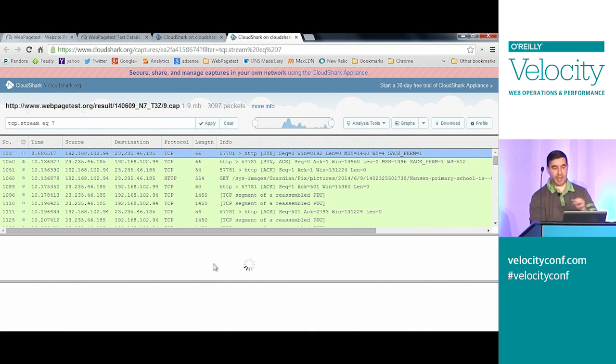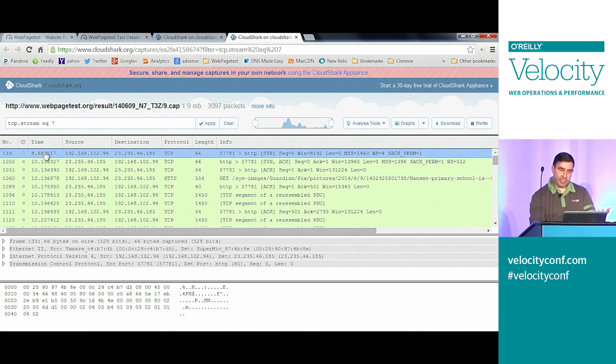Yes, I have the one where I actually found the request. And you can see the SYN, which is the browser making the original request out to the server, happens at 8.6 seconds. The SYNACK, which is the server saying, yes, you can connect to me, didn't happen until 10.1 seconds. So yes, it was real. It was not a client problem or an artifact. The server really did take 1.5 seconds to respond. And there were no